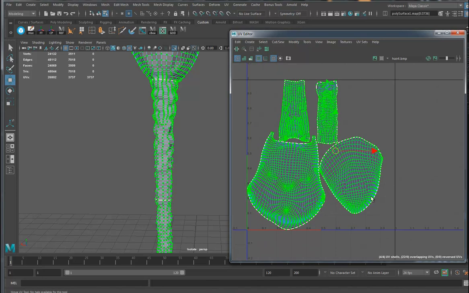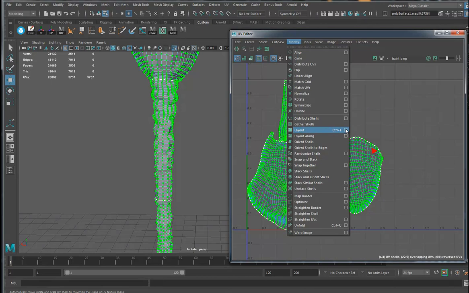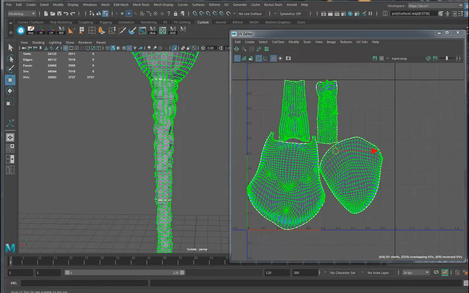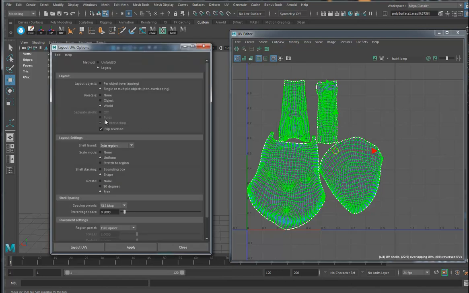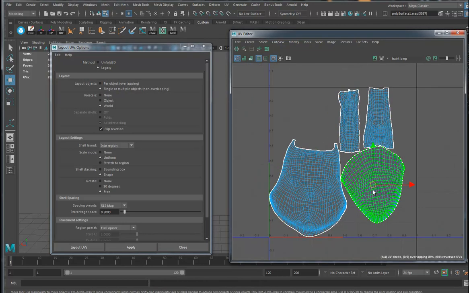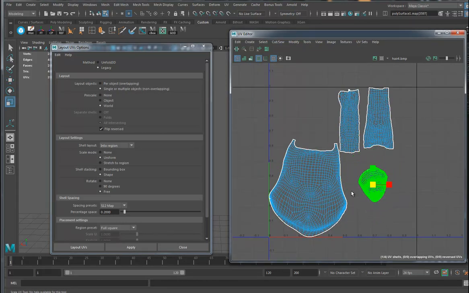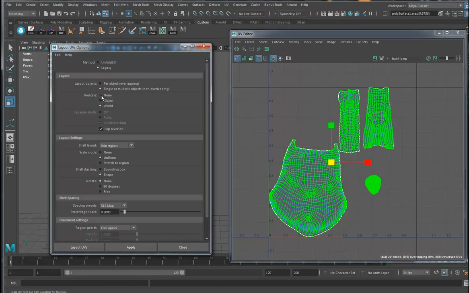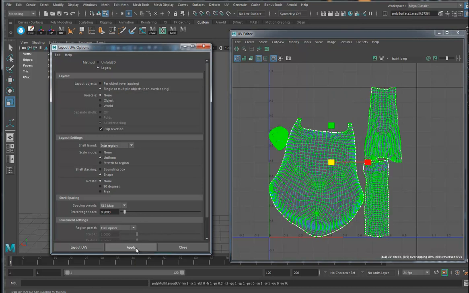Fits into the 0 to 1 area. Maybe I go to modify layout and I look at the options, and this is on the other screen. Okay, there we are. World, free. This one right here is not going to be seen, so I'm going to make it a lot smaller. Then I'll go back and grab everything, turn off the free, have it on none, take the world, apply,